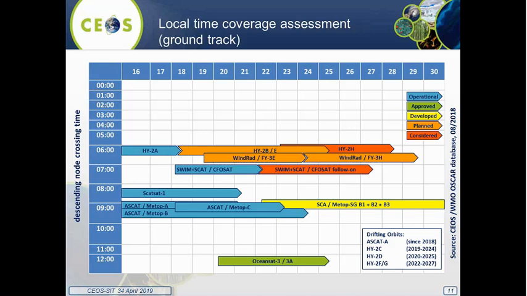So it means that from next year we will not only have overpass times between 8:30 and 9:30, but also between 6 and 7 we will have a few satellites passing over, 6 and 7 in the morning and 6 and 7 in the evening. And also the Indian satellite would then overpass at midday and midnight. So then we have wind data over the ocean several times a day, which of course will change the situation quite drastically.